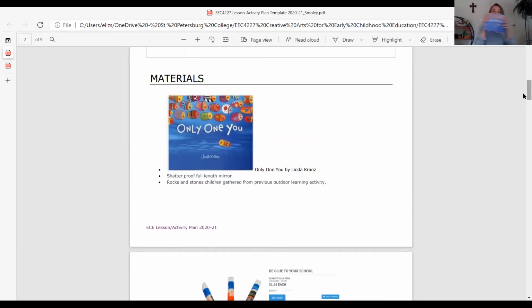So we are going to be using this book right here. It's only 1U, and we're going to use a shatterproof length mirror. This will be used as a tool when the children are selecting their rocks. They can use the mirror to look at themselves and see what kind of characteristics they have, and make connections between which rock will represent their characteristics the most. And so this will connect and tie in